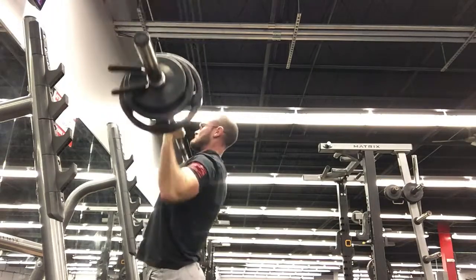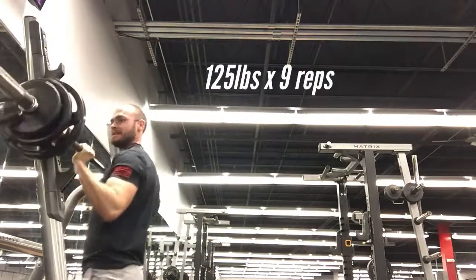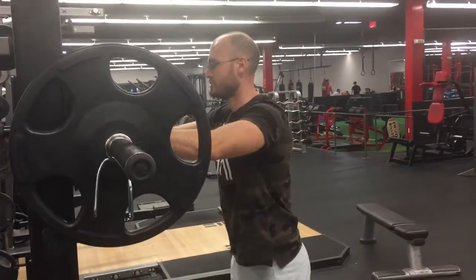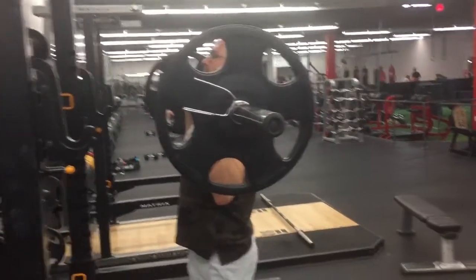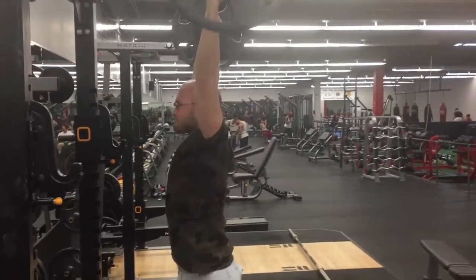Definitely felt heavier than it should, and I've really found that if I want to progress my overhead press more, at this point I just need more volume. I need more volume, and it's going to be through frequency. So I think if I really want to see some good results in my overhead press, I'm going to increase the frequency to 3 to 4 times a week overhead pressing, and